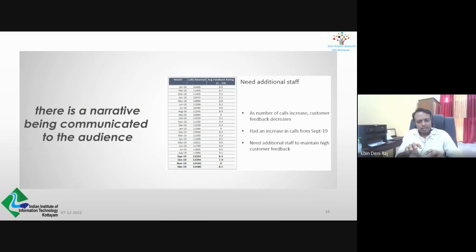So the narrative is being communicated to the audience, and the numbers are used to reinforce that message, right? So the graph itself was not effective, and one reason could be the way in which you have chosen to visualize that. It was just a table, and it contains a lot of irrelevant data, and the design could be improved from a visual design principle, right?